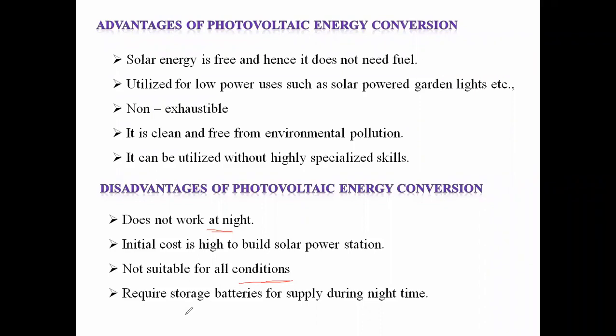And one more thing, in the off-grid mechanism, a battery is required for night times or during cloudy days and rainy days. The main thing is that it is not continuous and constant power generation. That is, in a complete day of 24 hours, we can't generate power. On average, we are generating power 6 to 8 hours per day. That is also not constant.